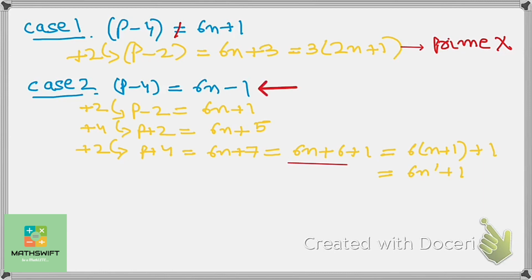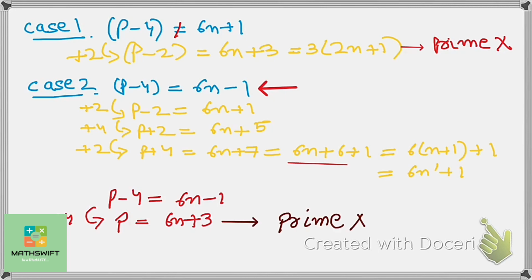Now if we use this equation, we can find p because we are interested in p. If we add 4 to both the sides of the equation, we get p as 6n plus 3, and we now know that 6n plus 3 is not a prime number. Now you can take n to be any natural number, you'll always get p as a non-prime number. So p turns out to be non-prime, and we can say so only when we combine both the given statements. Hence C should be our answer choice here.